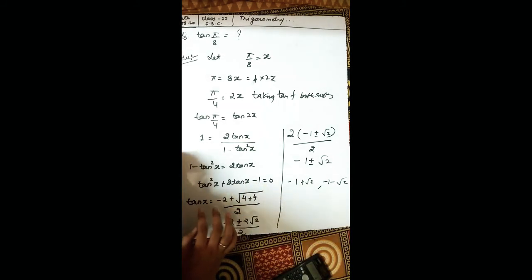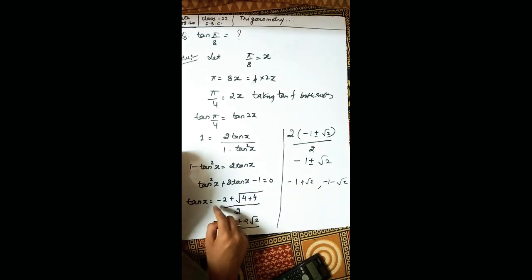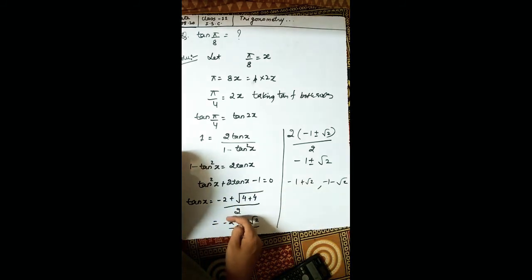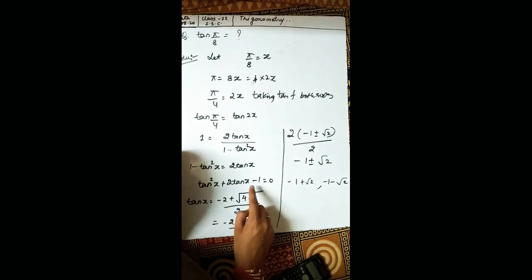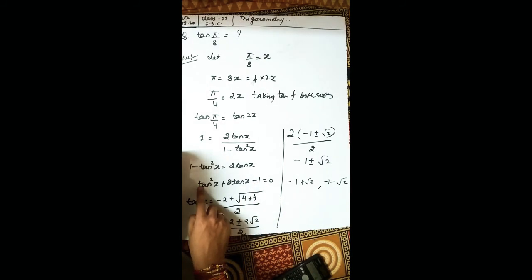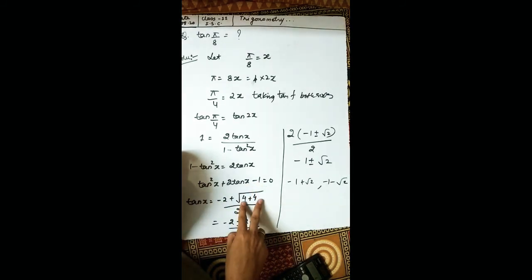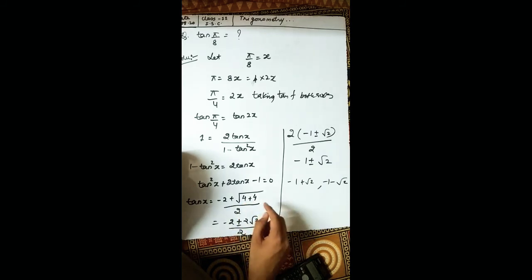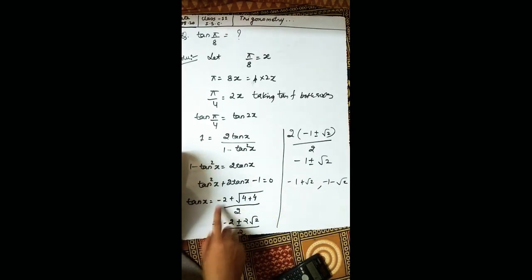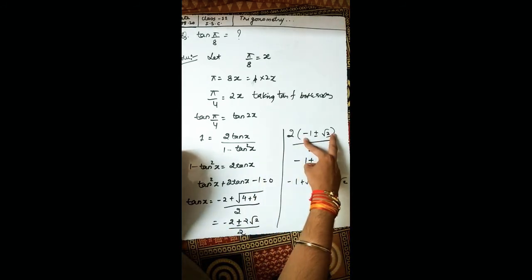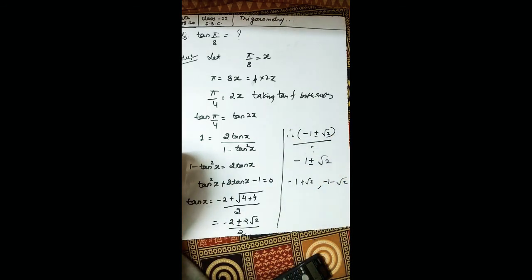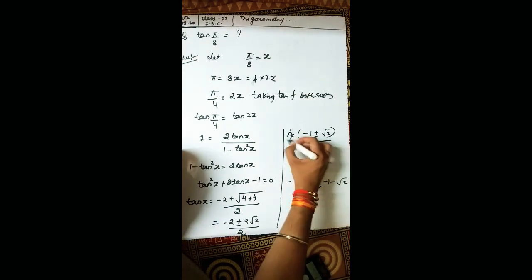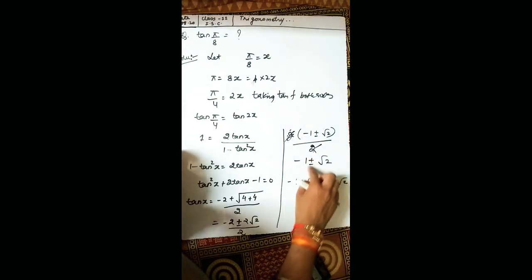So using the formula method, that is x is equal to minus b plus minus under root b square minus 4ac upon 2a. So tan x is equal to minus 2 plus minus under root 2 square, 4, minus 4 into a, that is 1, and c is what? Minus 1. So 4 plus 4 upon 2. 4 plus 4 is what? 8, and 8 can be written as 2 root 2. So minus 1 plus minus 2 root 2 upon 2. Taking 2 common, minus 1 plus minus under root 2 upon 2. Now this 2 you can cancel. So you are left with minus 1 plus minus under root 2.